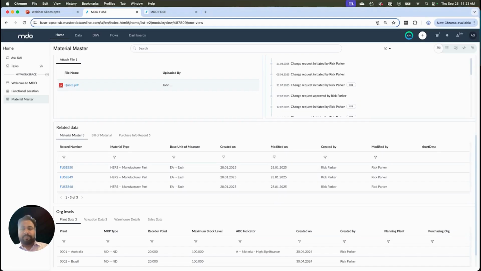So yeah, that's a quick overview of how MDO OneView is a single source of truth where you get everything about your master data in one place: the records, its quality, the changes, connected objects, and it eliminates the need for scattered lookups and gives you a 360 perspective to make faster and more confident decisions. Now, while OneView helps us see the data in complete, I think we have a question.